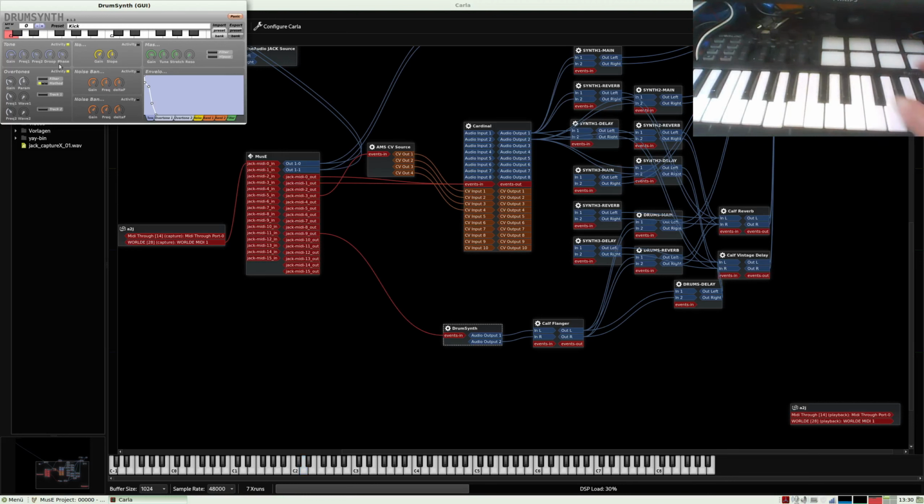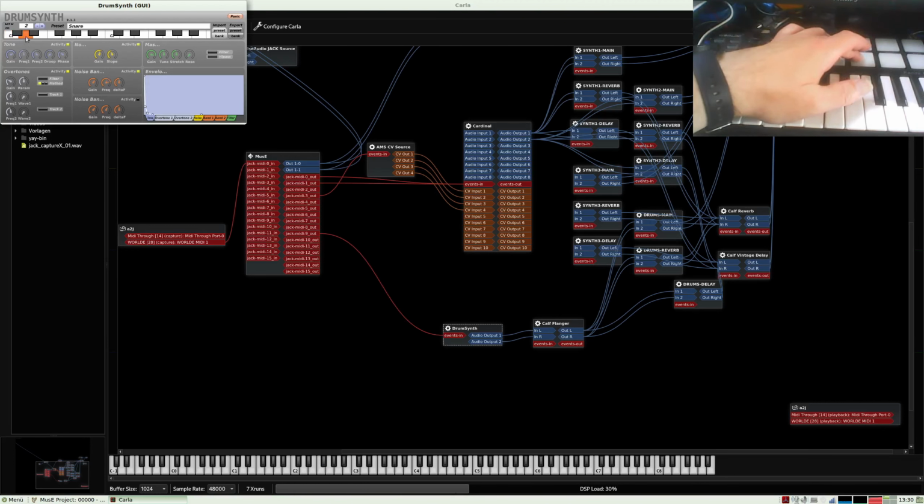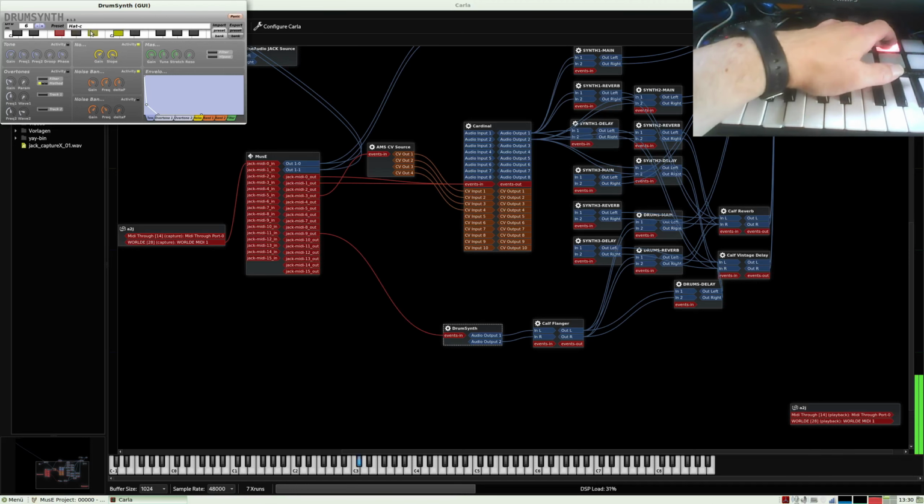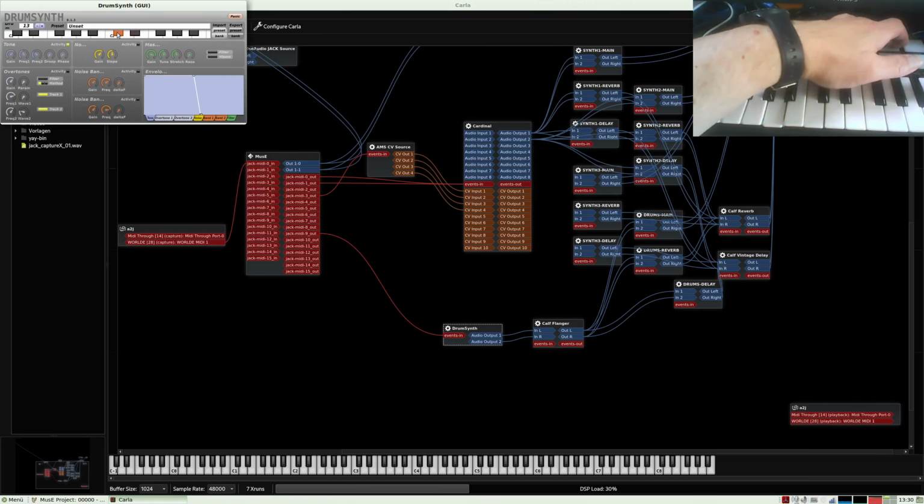So I want these pads here. You can see here, this is the snare, and this one here is a hi-hat C. They are called unset.